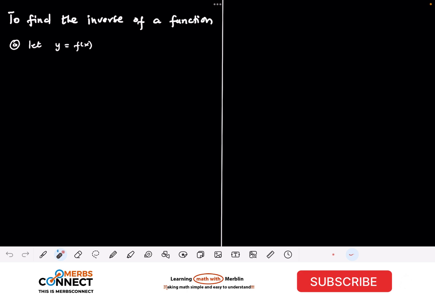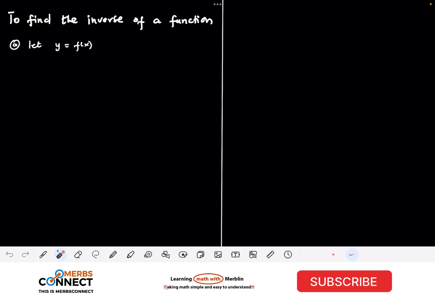For us to find the inverse of a function, I'm going to give you 3 or 4 steps that are going to guide you through the process. The first thing: let's assume that the function given to you is f of x. The first thing we need to do is let y be equal to